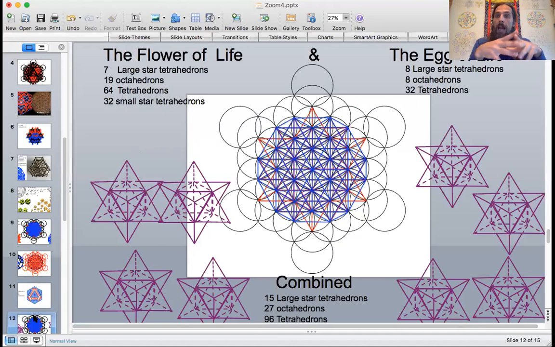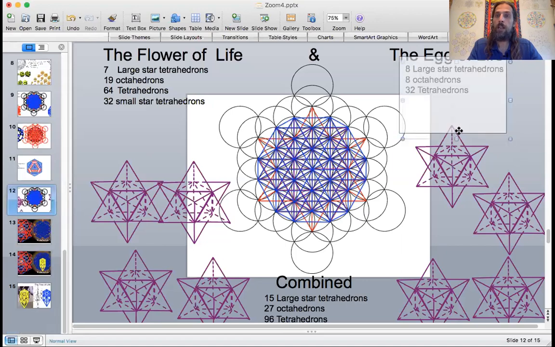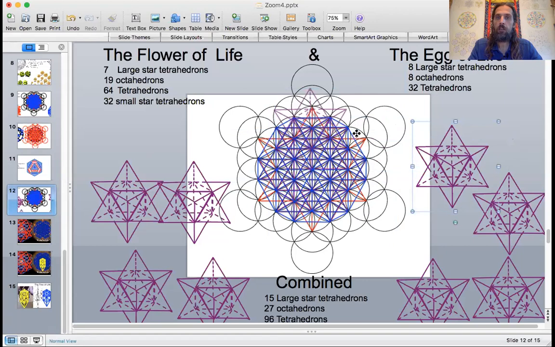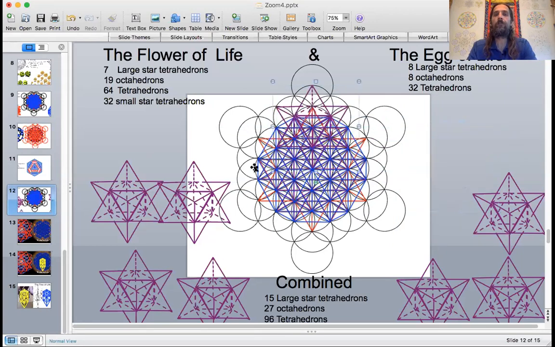So I want to just go back to the egg of life. Let me move that, I think that is in the way. Egg of life, which was the vector equilibrium isotropic vector matrix that Nassim Haramein has been working on, and show you where that is in here now and how it always contained the flower of life. So it's in there, yet it's also not fully defined, because where these octahedrons are showing up are actually at the egg of life spots, which are here. So as I go around and build this out,